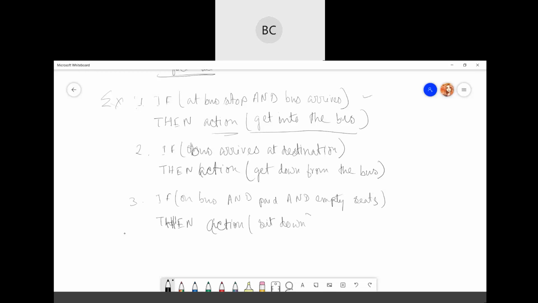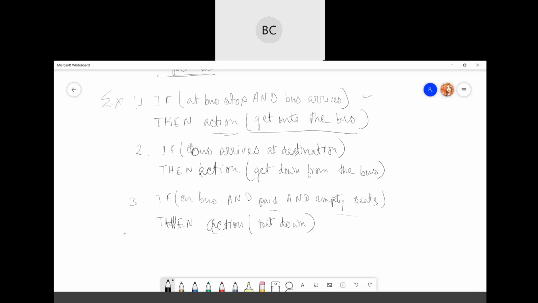So for this particular one, it has to satisfy all these conditions. First, the agent should be on the bus, then it should be paid, and there should be empty seats. That means if you are on the bus but you didn't pay, then you cannot sit down. Again, if you paid and you are on the bus but there are no empty seats, you cannot sit down.